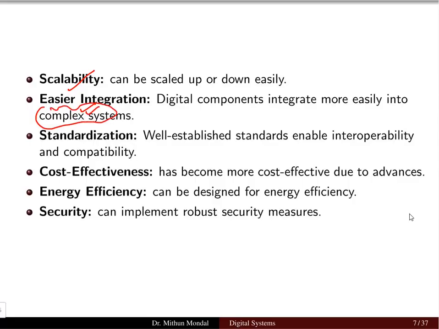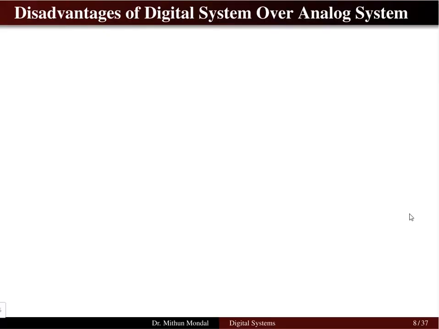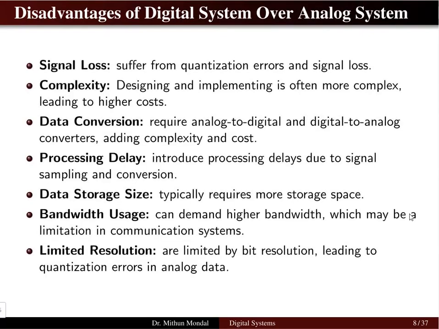And this has now become the standardization of all systems, which enables the interoperability and the compatibility. So if we talk about cost effectiveness, then it is more cost effective due to the various advancements coming up nowadays, and efficiency and security wise also it is quite good and robust as compared to the analog system. Although there are some disadvantages of the digital system over the analog system, this is generally due to the